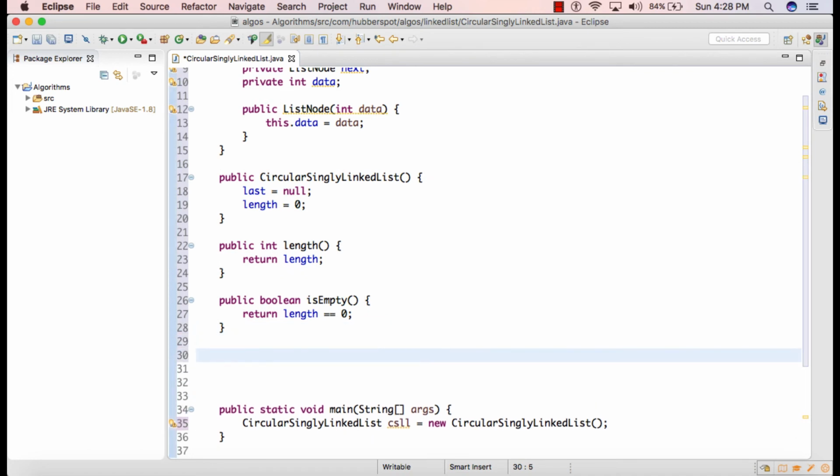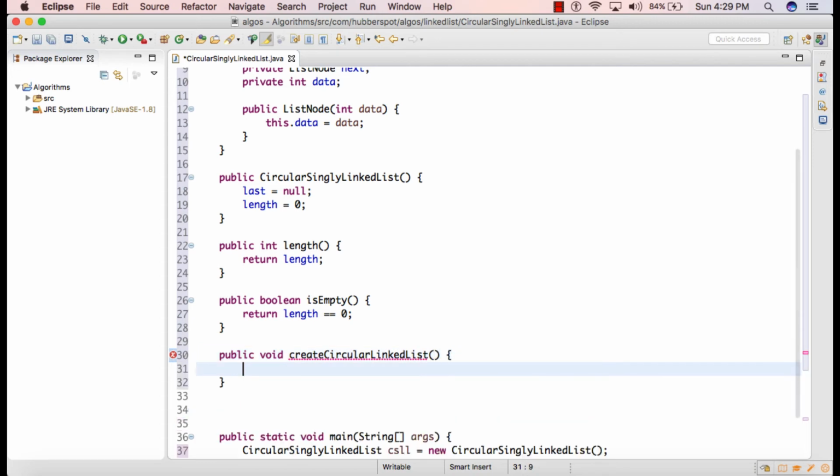So friends, here we will write one more method which can create this circular singly linked list. So we'll simply create one method as public void create circular linked list. So here we'll first create few nodes. Say first, let's say I give data as 1.